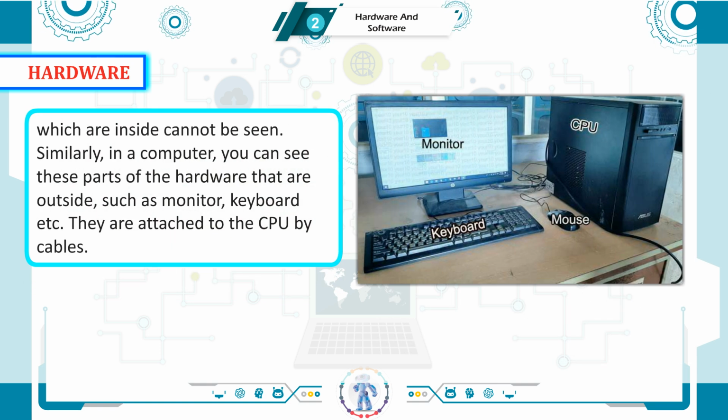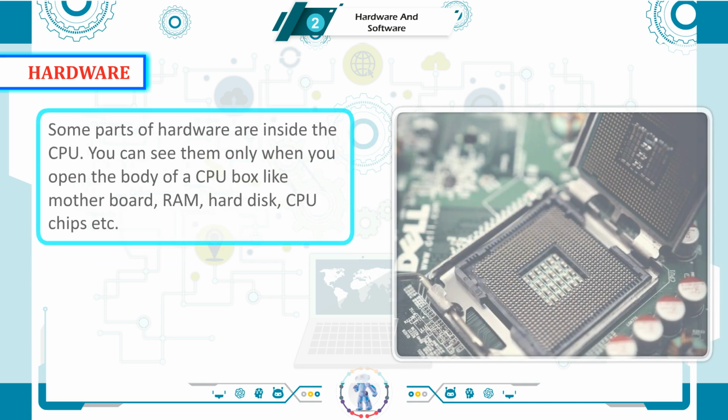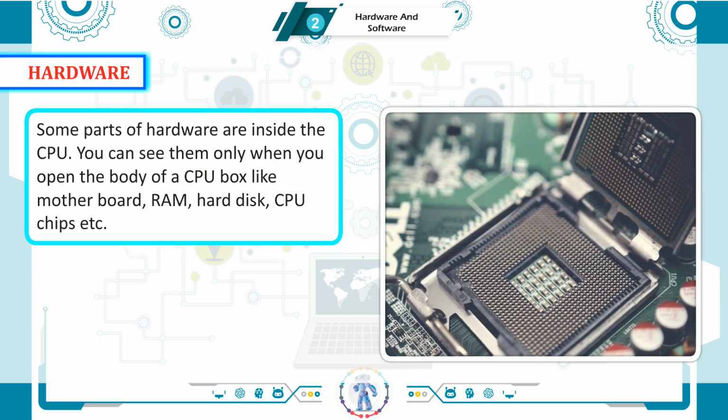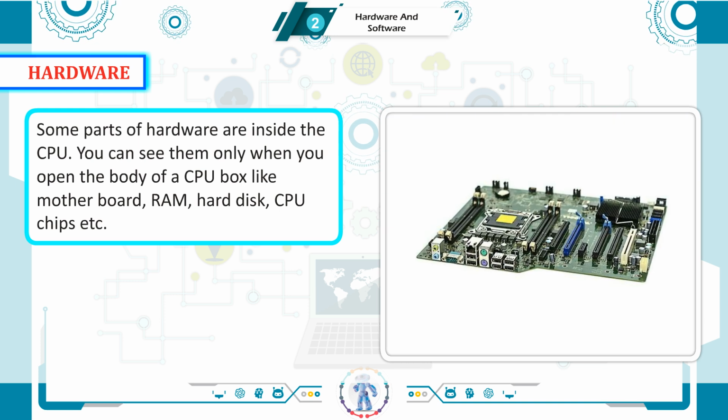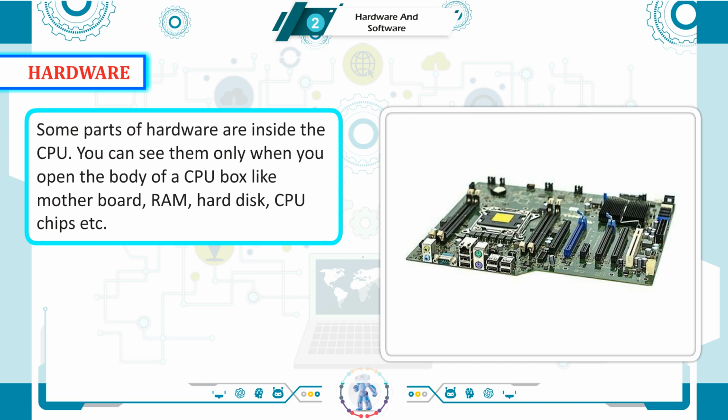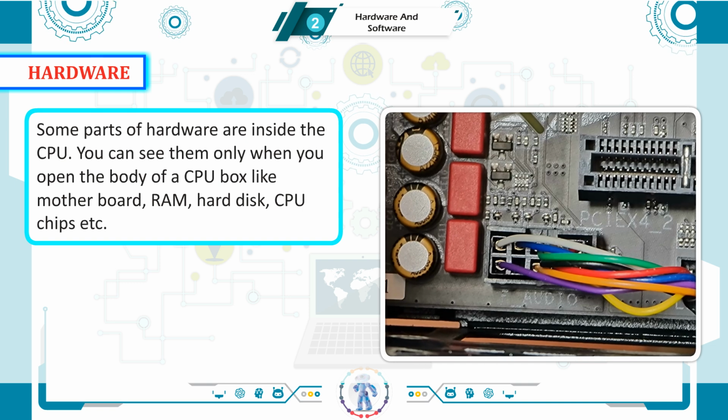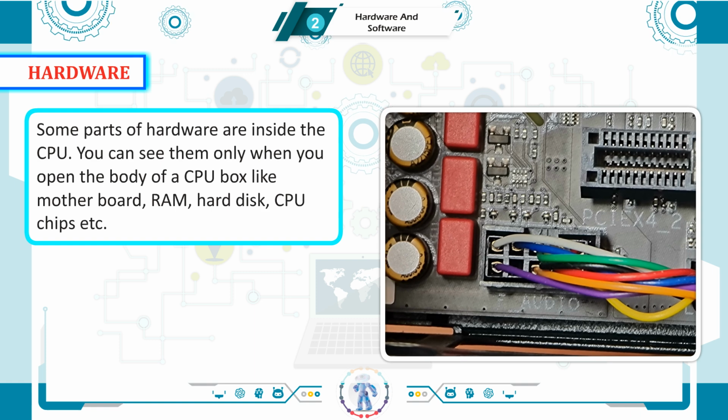be seen. Similarly, in a computer you can see these parts of the hardware that are outside, such as monitor, keyboard, etc. They are attached to the CPU by cables. Some parts of hardware are inside the CPU. You can see them only when you open the body of a CPU box, like motherboard, RAM, hard disk, CPU